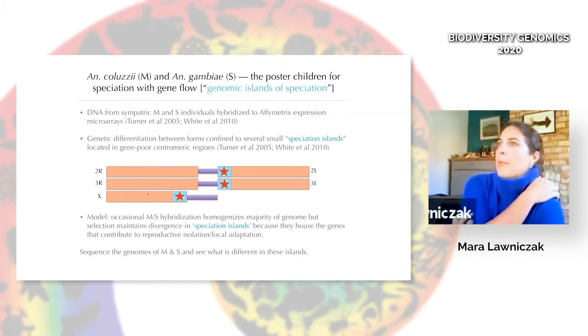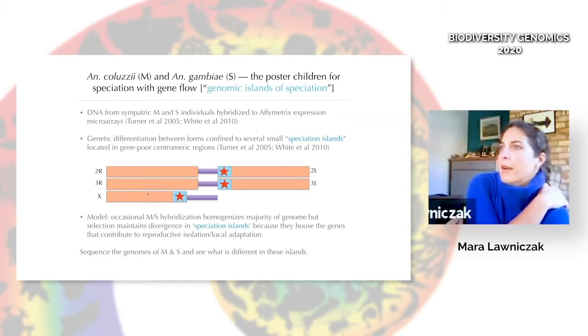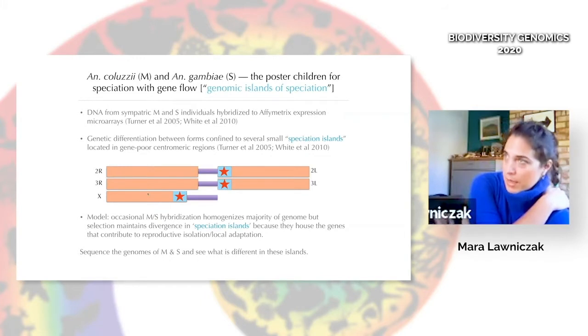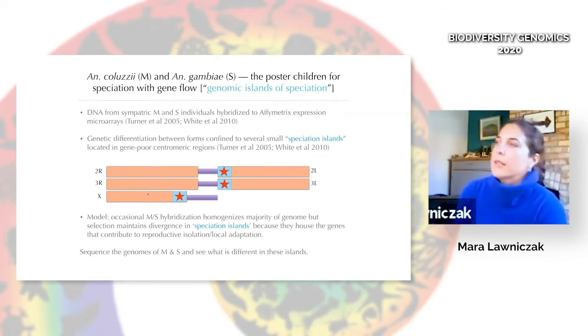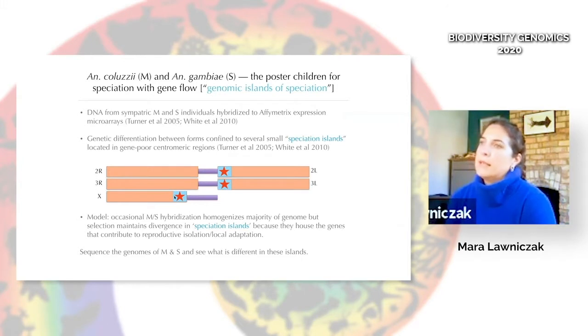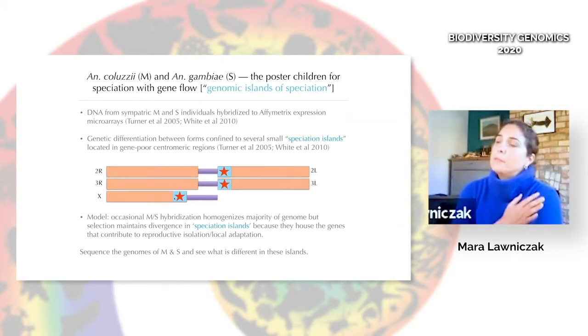So 15 years ago, a paper came out which coined the term speciation islands on these two species, M and S. At the time, the DNA was hybridized to a microarray from Kalutsi and from Gambi, or from M and S. These stars indicate regions of the genome that, based on this DNA hybridization to a microarray, looked like the only places where there was real divergence between these two incipient species. So it really seemed like the model was that ongoing interbreeding could basically homogenize the vast majority of the genome, and just these few little places probably contained the speciation islands, or the genes that contribute